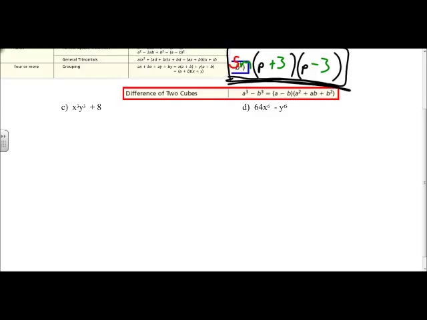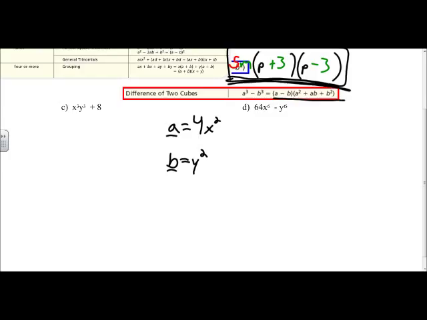So in this case, it looks like our a, again, we're asking what is going to be cubed here. So this one is going to be 4, because 4 cubed is 64, x squared, because x squared cubed is x to the 6th. So a is 4x squared. Our b that we're looking at, remember b cubed is going to be this one here. And so our b is going to be y squared, because when you cube y squared, you get y to the 6th. So now that we know our a and our b, again, we just plug it back into